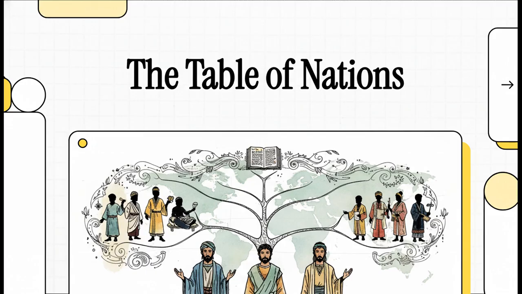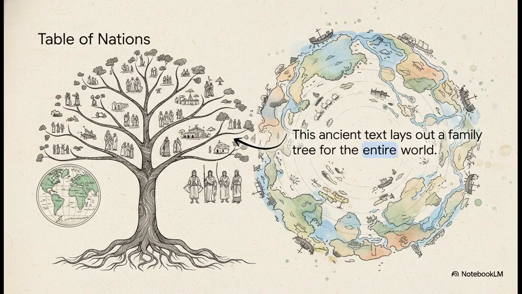So, let's dive in. Our main source for this whole thing is the text that lays out the Table of Nations. But here's the thing you've got to understand. It's not a map with borders and rivers like we'd think of today. Nope, it's a genealogical map. Think of it more like a giant family tree for the whole world, explaining how everyone spread out and created